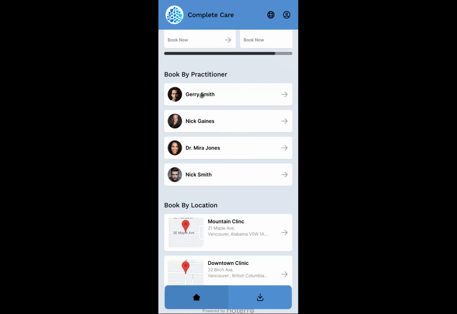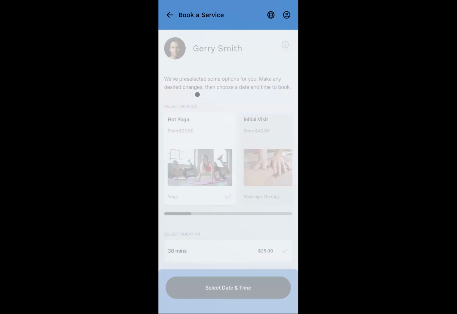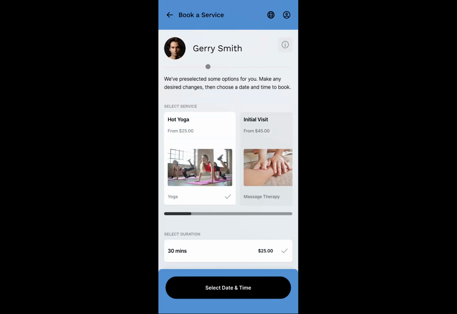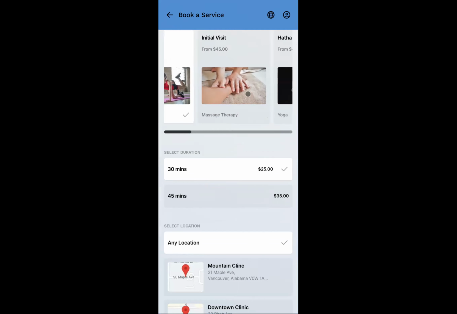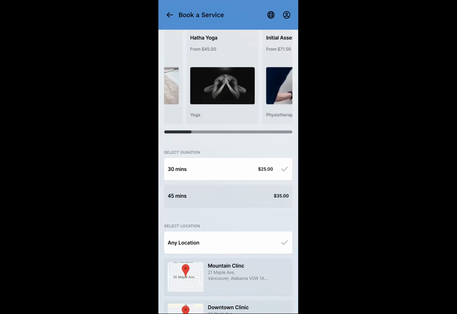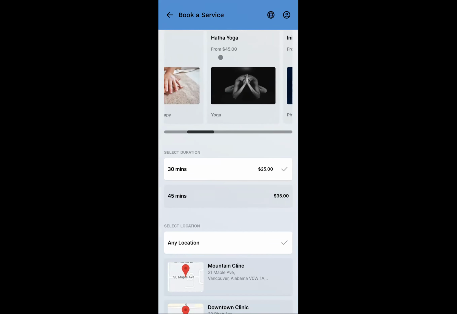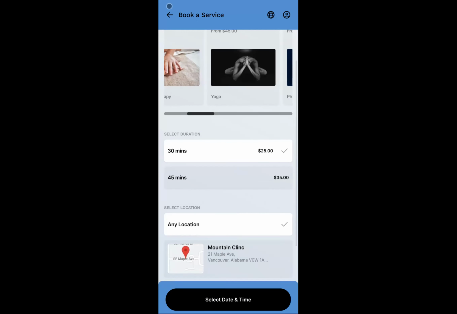So again, just to come back, and I mean, you can book by practitioner. And then again, I just want to show you this, if you go into the practitioner, the difference is that it shows all the resources that practitioner performs. And so it pulls up all the services that they perform. And then you can select through that if you want to book by location, or sorry, by practitioner. And that's the same for